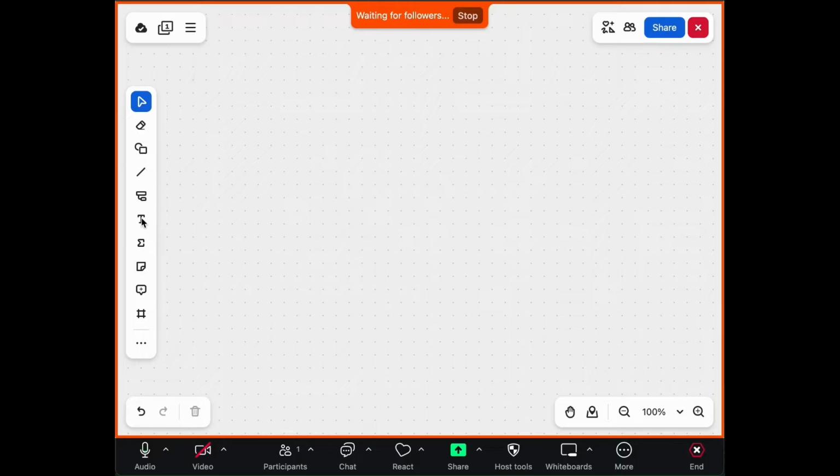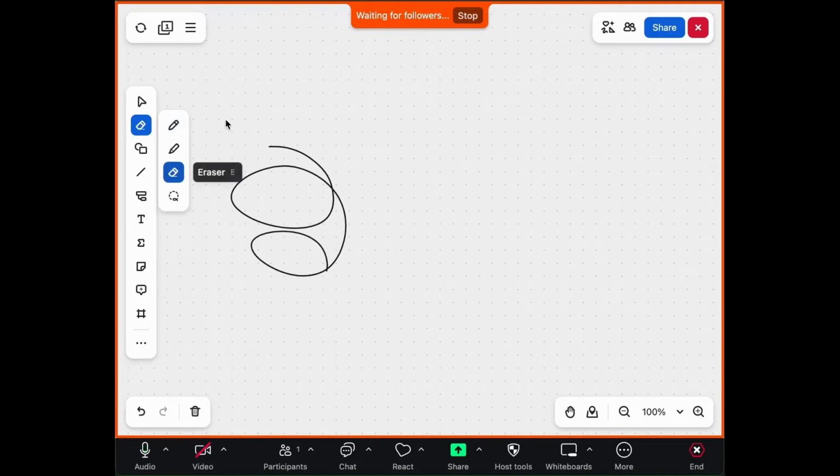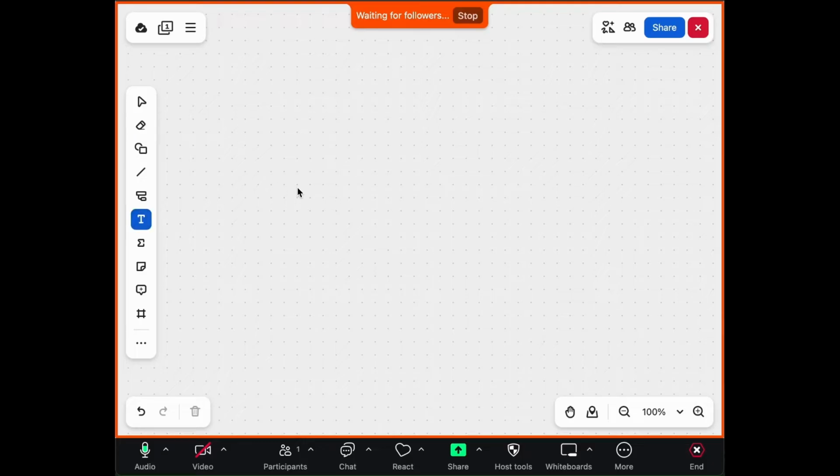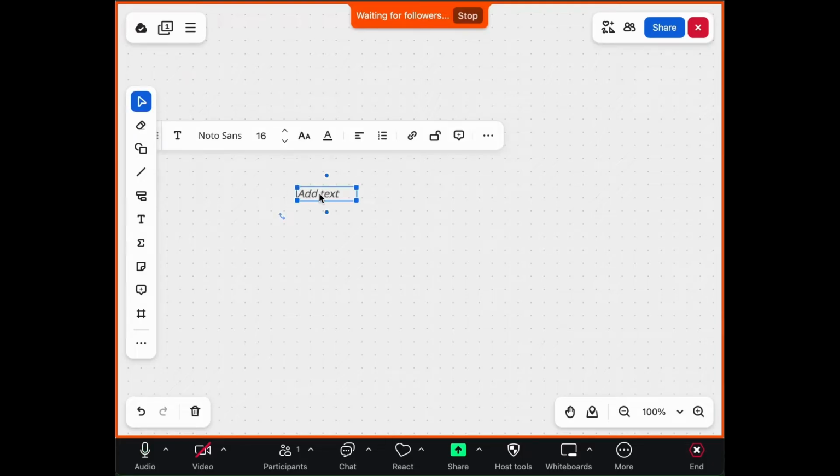Down here you have your pen, and you can use this to draw whatever you want. And then you have your eraser, and you can easily erase that. And you have the text box feature, so I can put this here and say, "Hi GTAs," and then easily